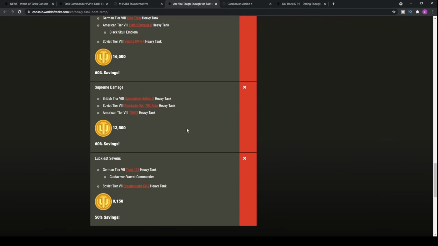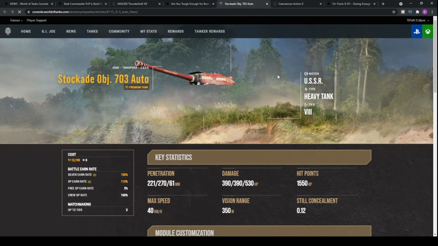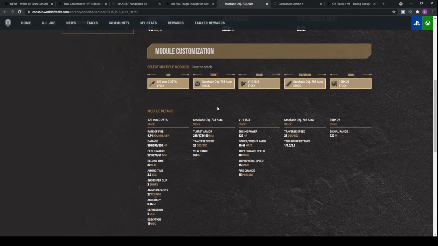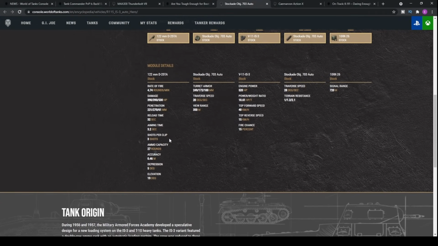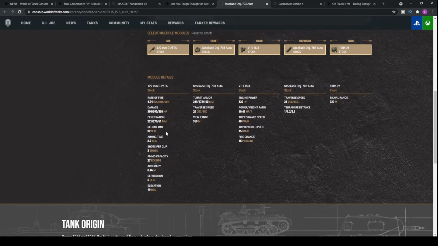Then of course, Stockade Object 703 Auto. This is a fairly strange tank, I guess. It's kind of like an IS-3 with an autoloader, except yeah, it does get the autoloader, 3-shot autoloader, 390 alpha damage per shot, and awful, and I mean awful DPM, 4.74 rounds a minute with 390 alpha, makes this tank very, very poor when it's on a reload. Yes, you can get your damage out fairly quickly, but then even your intra-clip reload is fairly long as well. So you can't get out that damage too quickly, and with the 0.46 accuracy and the 3.2 second aim time